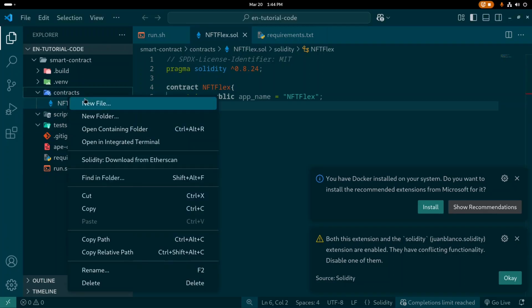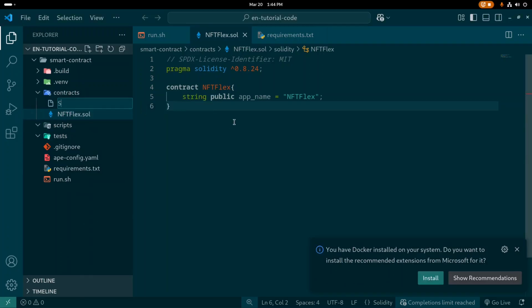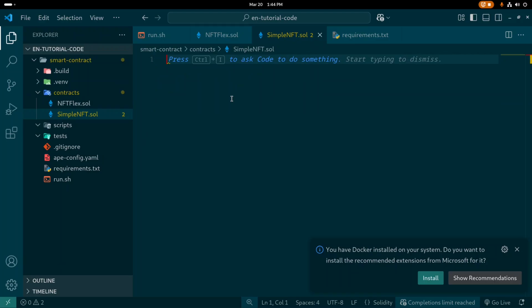Now we are going to create another contract with the name simple NFT dot sol. Okay, let's just comment it. SPDX license identifier MIT. Okay, and we need to specify the version of Solidity we are using, that is